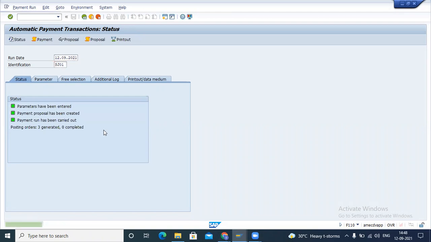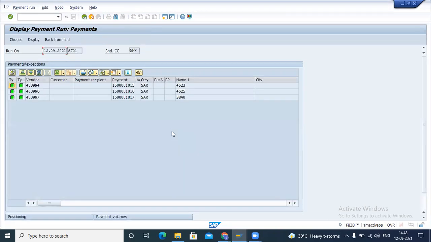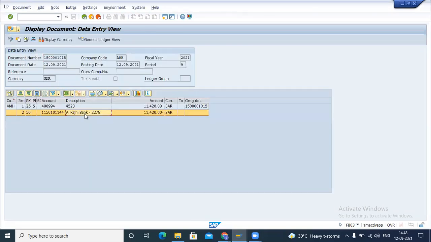I'm doing the final payment run. Now let's see what happened. Forget about the functionality, but what are we getting here? These three payment documents have been posted automatically just now. Let's open one payment document. This is showing that we have done this 11,420 payment to this vendor account.